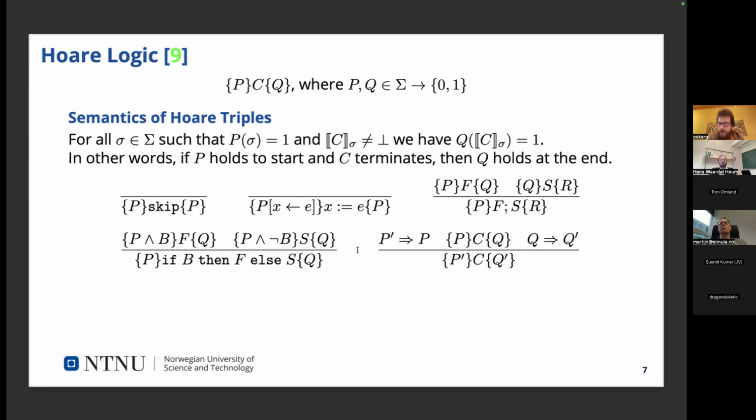Yeah, and then there's a consequence rule. You're allowed to strengthen preconditions and weaken postconditions. I think it's the other way around. You're allowed to strengthen preconditions and weaken postconditions. Maybe that was what I said. Anyways,